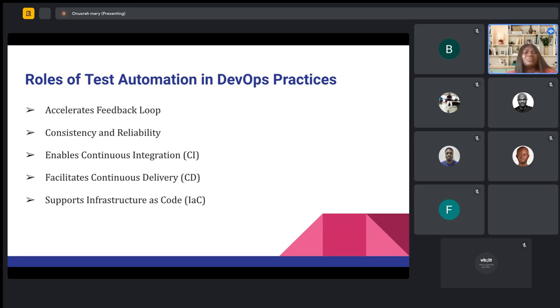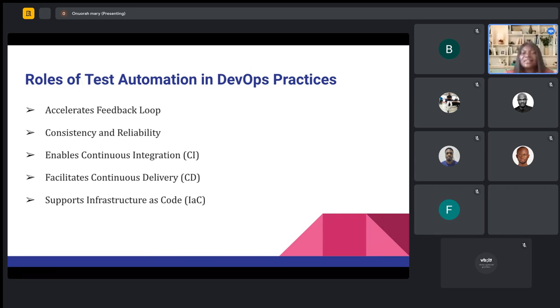The next one is it supports infrastructure as code. What do I mean by supporting infrastructure as code? In DevOps, infrastructure and configurations are managed as code, right? You don't necessarily have to do your setup and configurations manually. It is done as code.